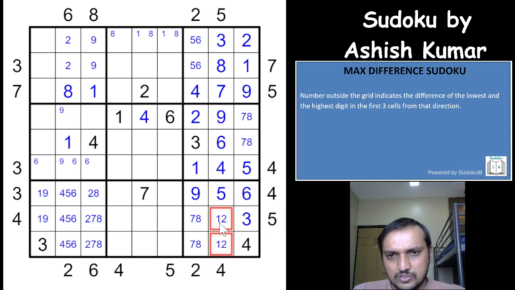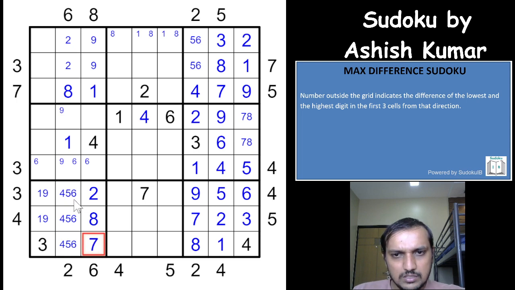5 is gone from these two cells, so the maximum difference is 5, which means you will have to take both the lowest digits from this side. 8 is not possible, this is 7, that is 2. Now we got the maximum difference is 5, this is 1, this is 8. So 8 wouldn't be here, 2 and 7, 8 would be here, that gives you a 2 and a 7